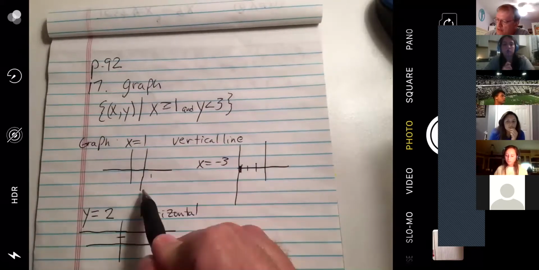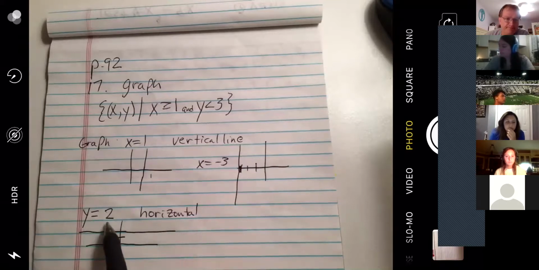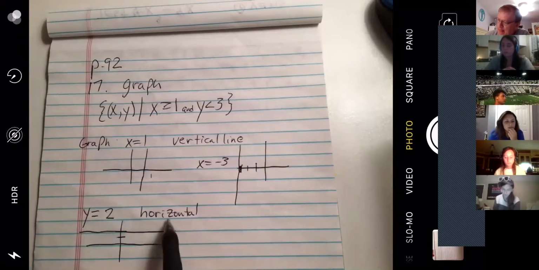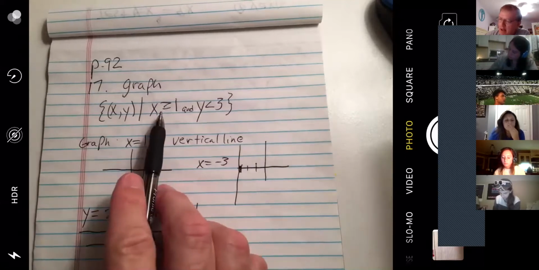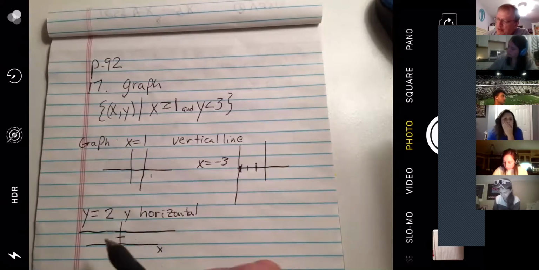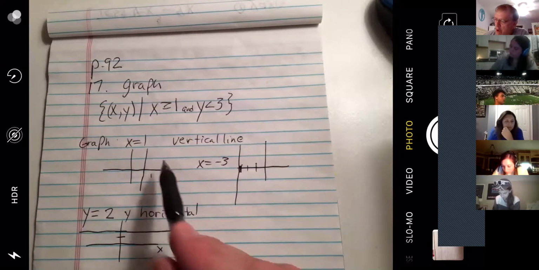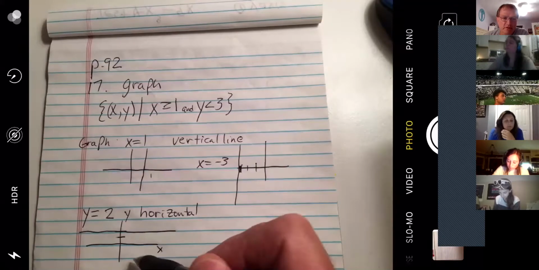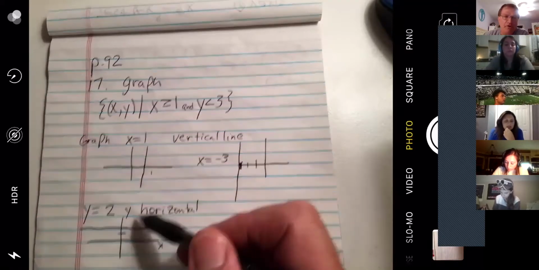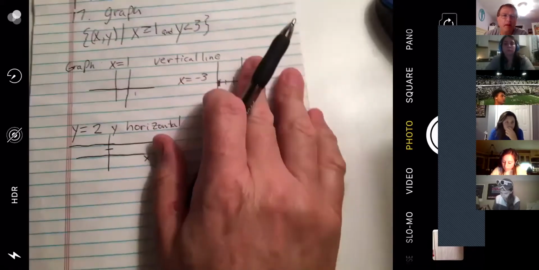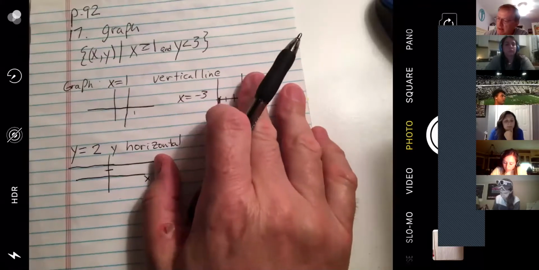Y equals a number is a horizontal line through the y number. Always. When you add these inequalities, you are shading left or right of a vertical, or up or down on a horizontal. For example, I'll do the x greater than or equal to 1. All right, so if I graph x greater than or equal to 1,